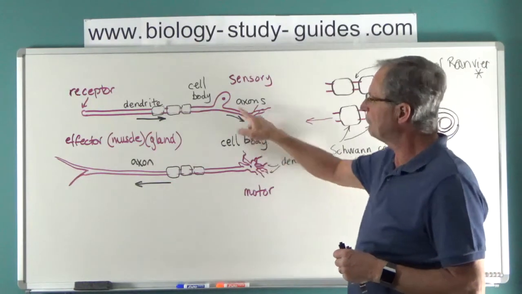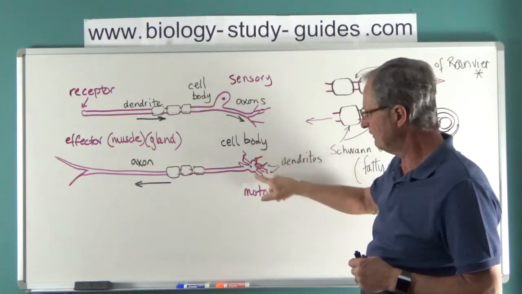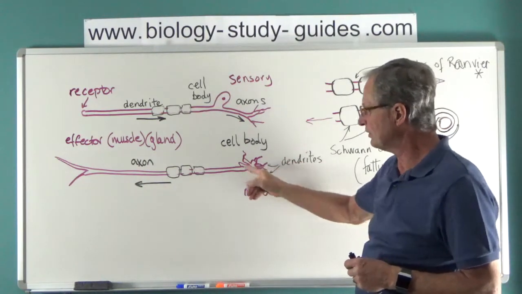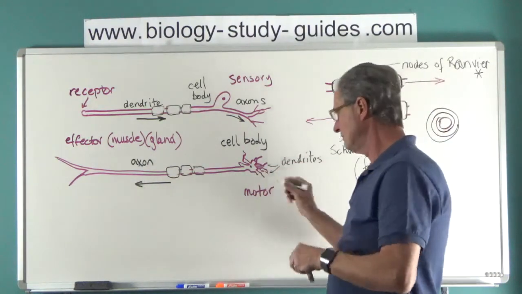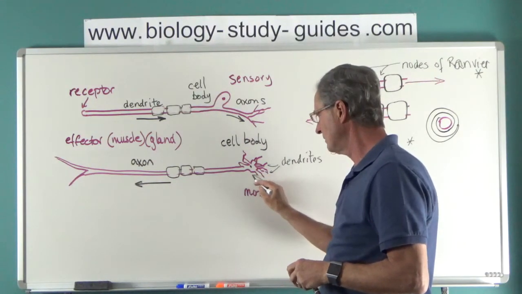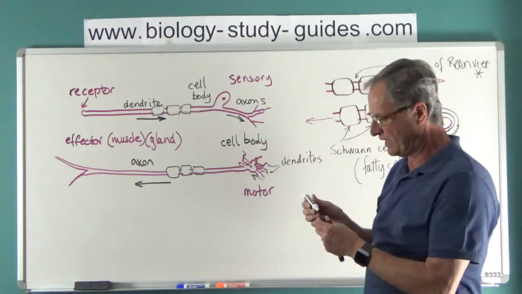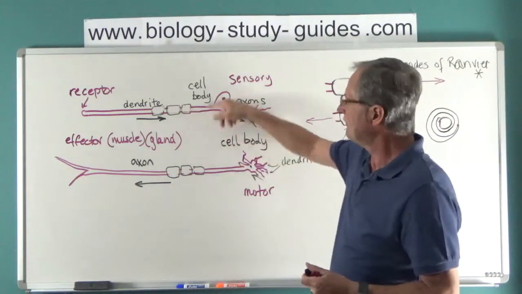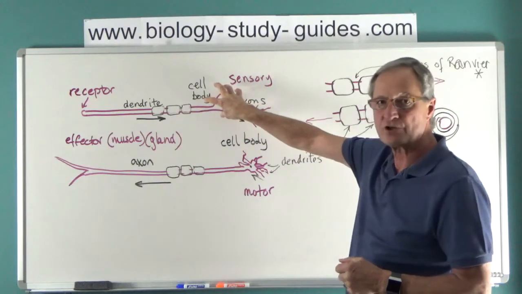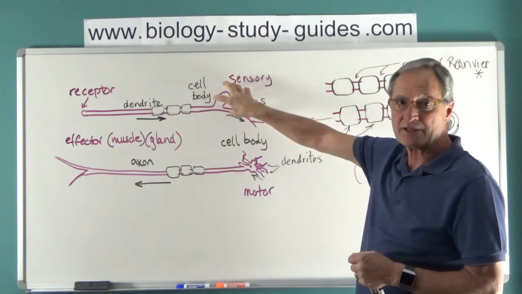The nerve cell bodies are different as well. The cell body of the motor neuron seems to be more in line with the way the impulse might travel. The cell body of the sensory neuron is off to the side a little bit, and as you'll see in a few minutes, it's actually housed in a certain area just outside the central nervous